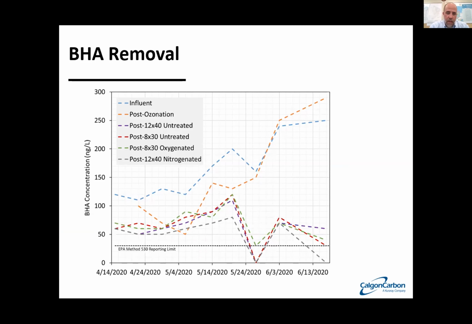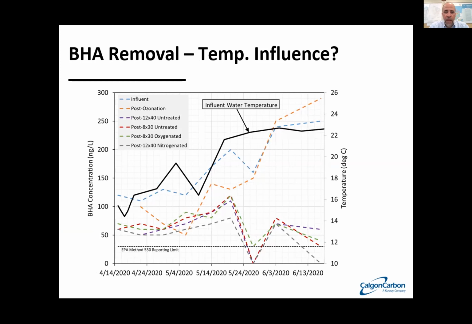Interestingly here, we can look at the dates and say, okay, April 14th through June, roughly 2 months later, that's the change in the seasons in Pennsylvania, and the same also in the Northwest. So we would expect a change in the influent water temperature. And let's plot these results against that value. So influent water temperature started around 15 degrees C in April and jumped to about 23 degrees C at a steady